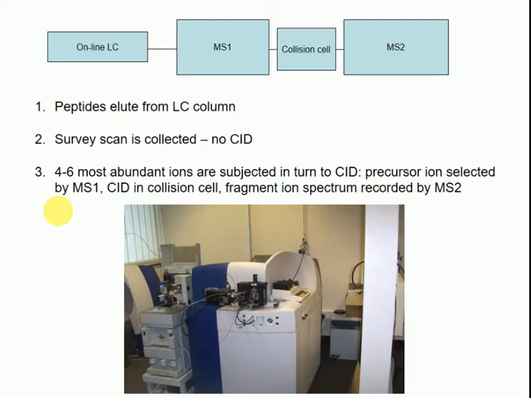So you've got the survey scan where you say what peptides are coming, and then the subsequent scans say, right, we'll take this first peptide and fragment it and see what the B and Y fragments are, and then we'll take the second peptide and fragment it, see what the B and Y fragments are, and so on up to 6. And then another survey scan's done,